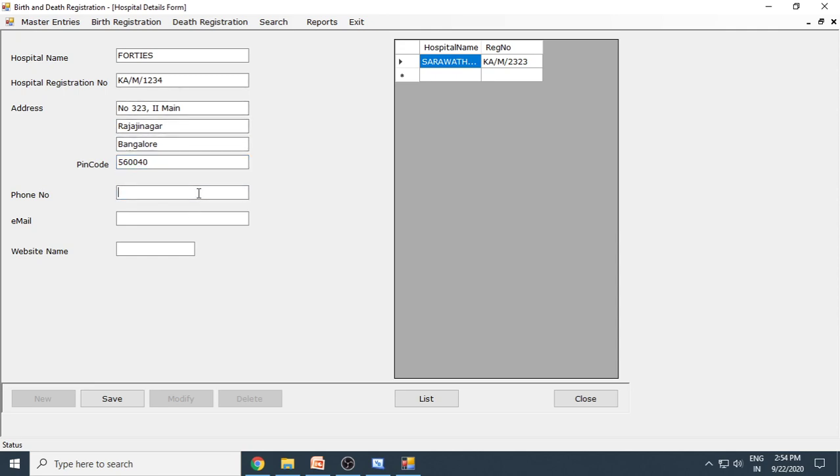Fine. So mobile number or phone number. So I'll just put some dummy phone number here. Mail ID. Let's say gmail.com. And website that is fortis.com. Fine. So fill up all the details, and after filling all the details, you need to click the save button. Save. Once you save the record, you can see that this is the data grid view control. In this control, the entries that are made will be shown over there. So we are fetching the data from the table and we are transferring it to the data grid view. We can see that.